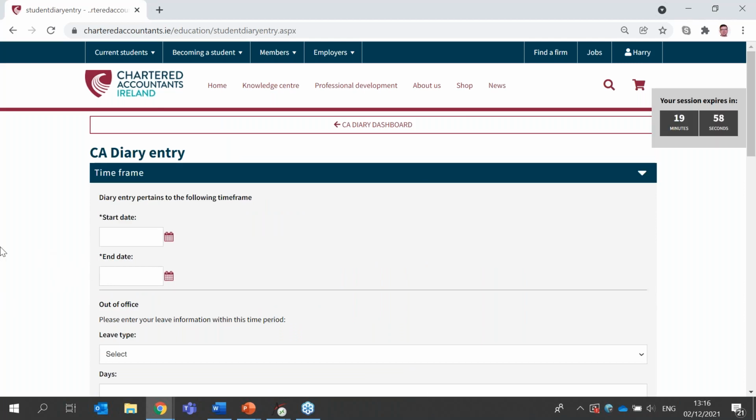So for the purposes of this one, I should point out that this is a test account that we regularly use for these types of presentations, and the trainee in this instance is a flexible route trainee. So for flexible route trainees, the start and end dates are always going to be blank. If you're in a training contract and you have at least one diary entry saved or submitted, the start date